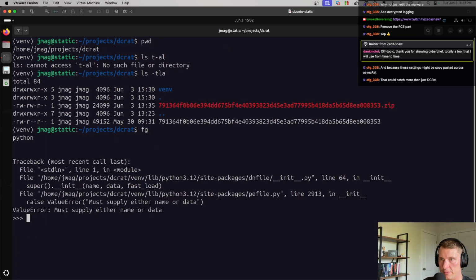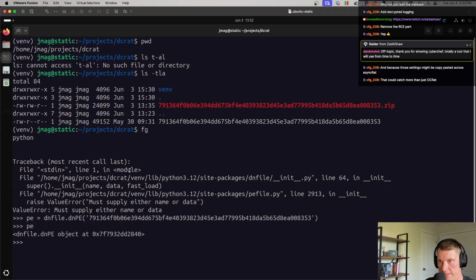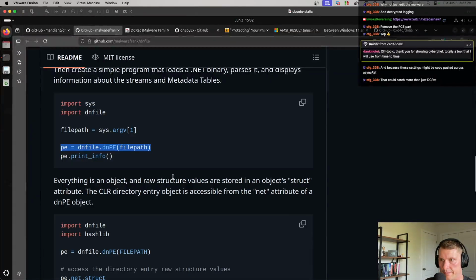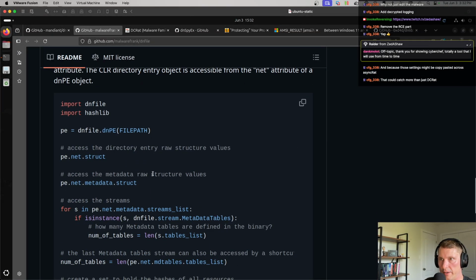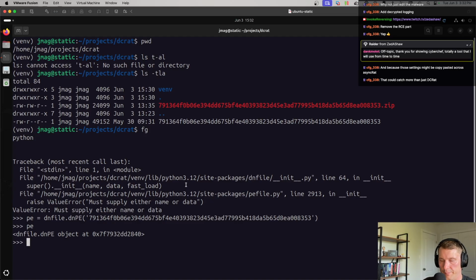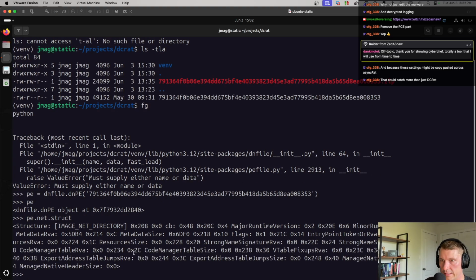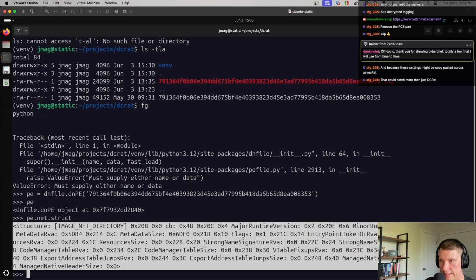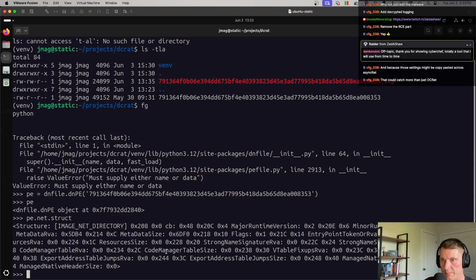So I'm just going to bring that back into the foreground here. And then we have the PE loaded here, and it's a dnfile PE object. And then say we wanted to parse those metadata structures. I'm basically just going to copy paste here because I am very new to this library, but that's okay. Then we can see that there's a whole bunch of metadata attributes here that we can access from this